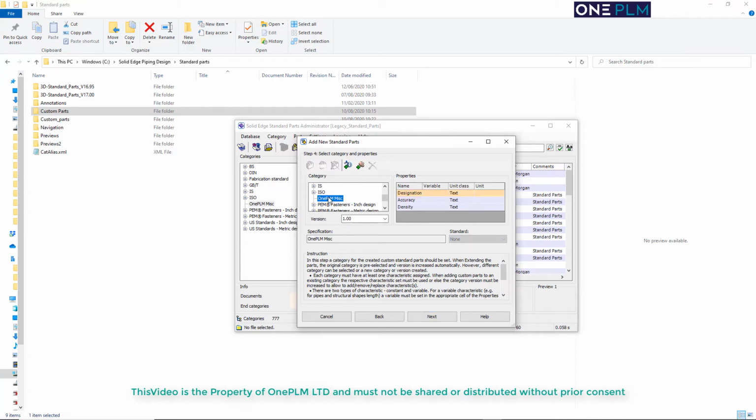So we can go in there if we need to. Or we can create a new category. So if we just click off, we can decide where that wants to go. By selecting down the bottom, I'm going to go in here and I'm going to call this 1PLM